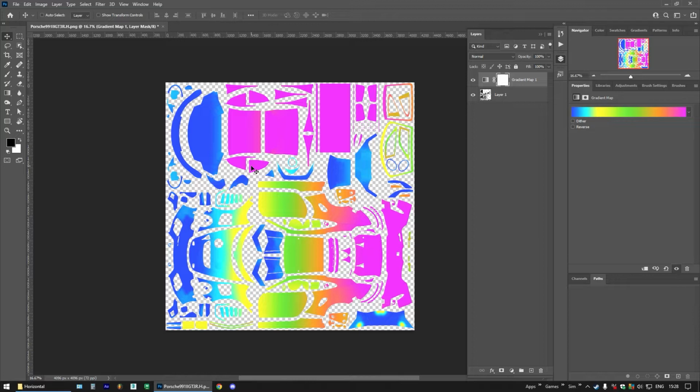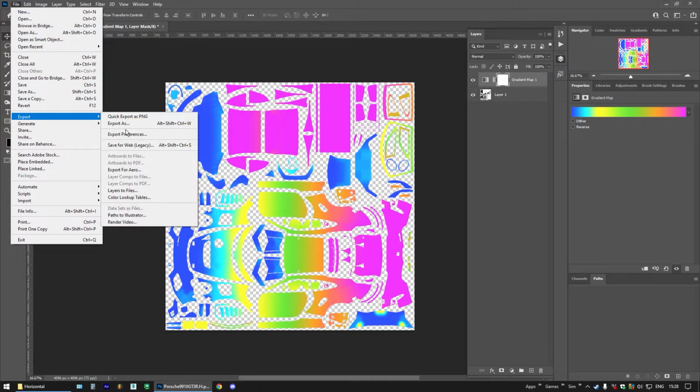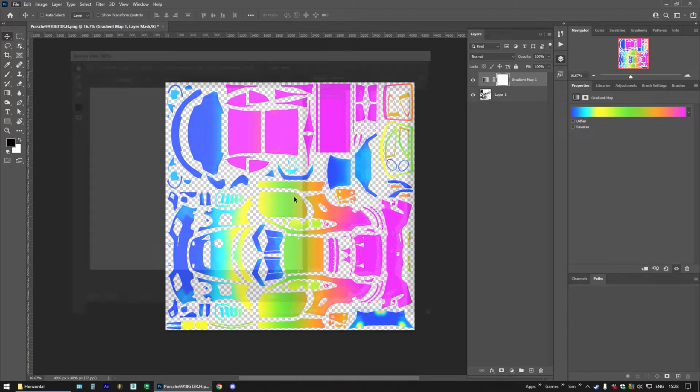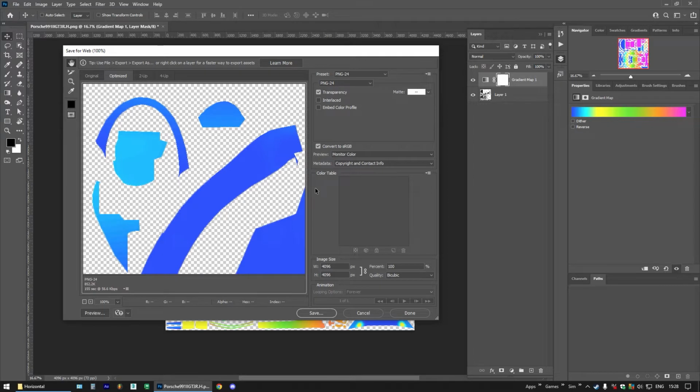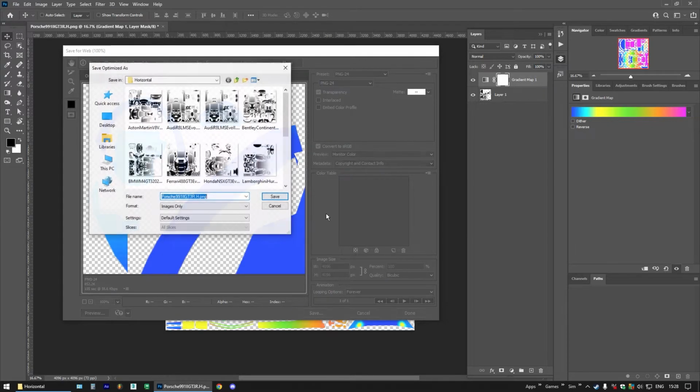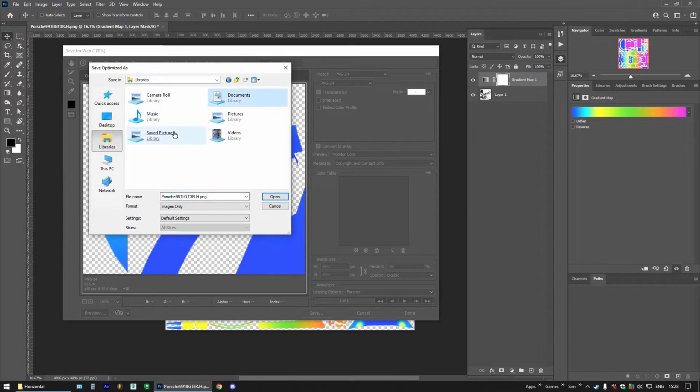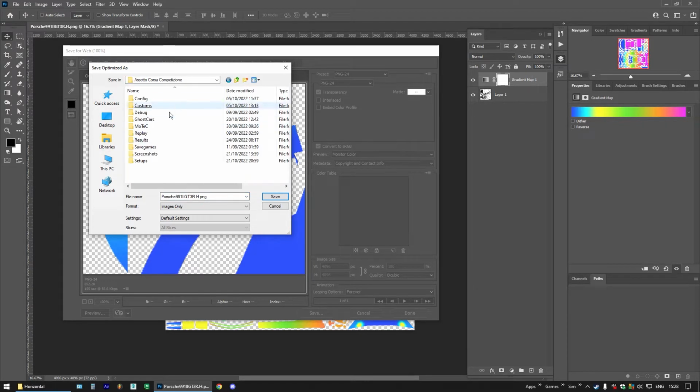Now I've already got some car presets set up in Assetto Corsa. You can skip back a few videos and learn how to create your own custom vehicles. So let's export this using Save for Web Legacy. Let's navigate to the customs folder. I've already created a template, as I said, for my vehicle. It's got customs, liveries,